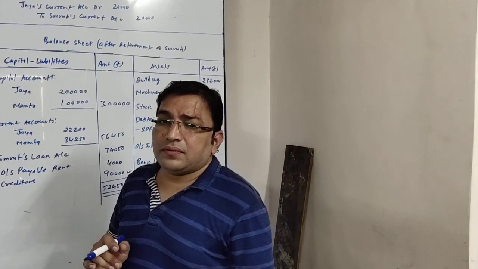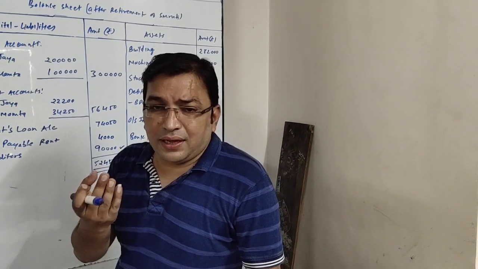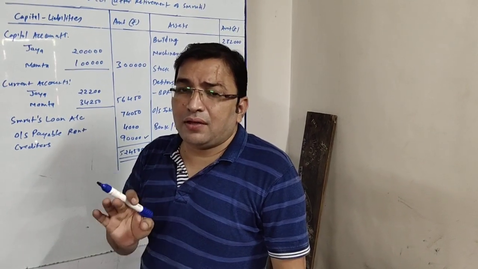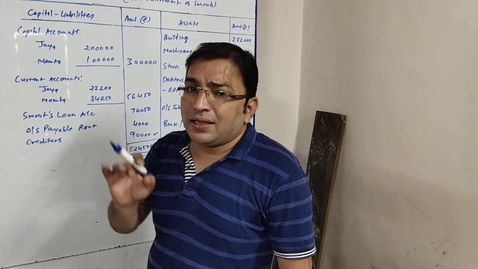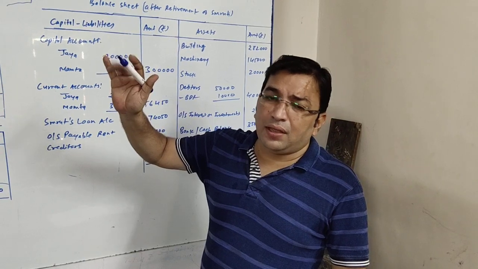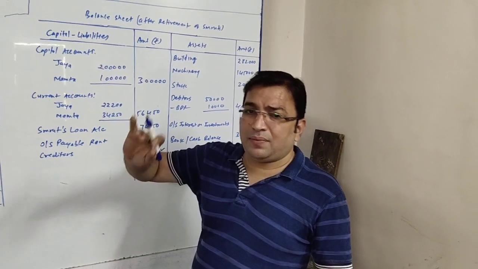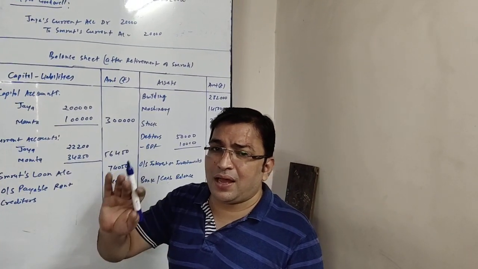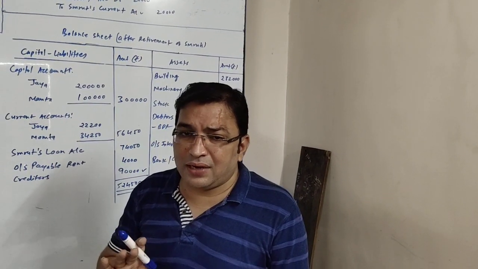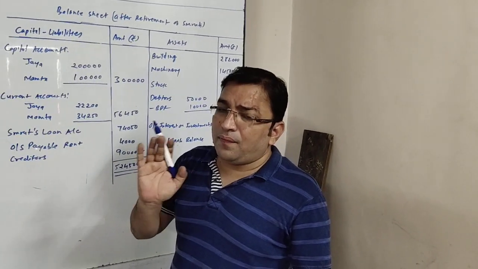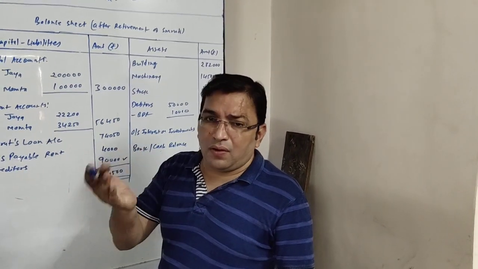For general reserve, we know when any reserve is there, it is distributed among the partners in their old ratio. Now the only change here is that this will be credited to the partners' current accounts. Okay, we know that when current accounts are given, it is known as the fixed capital method. In that case, any changes in capital are recorded in the current account. So this will be credited to the current accounts of partners. Now in which ratio? Obviously the old ratio, but we need to find the old ratio here.